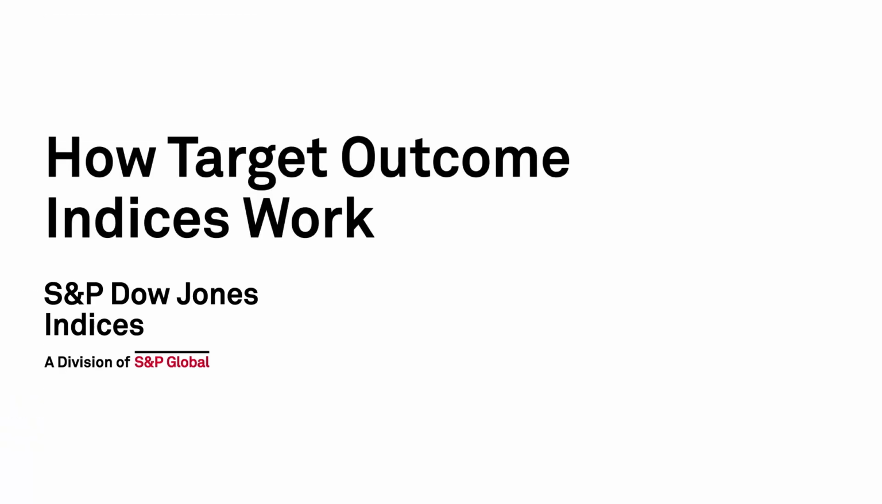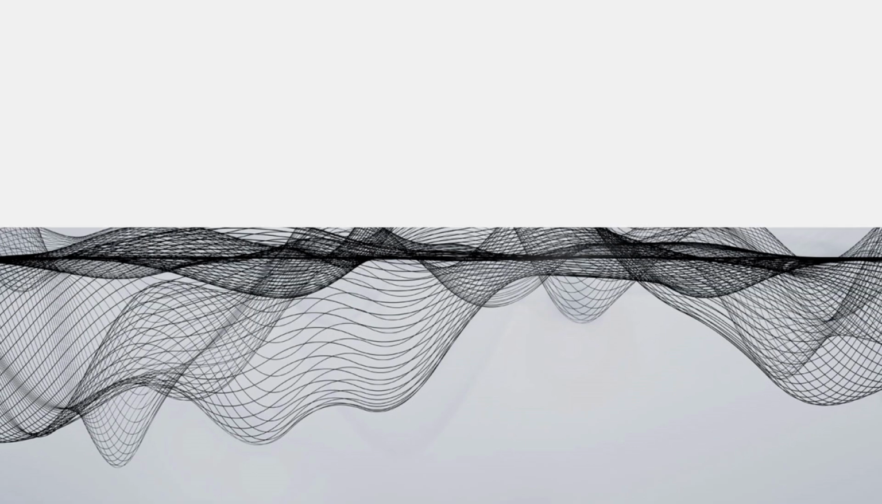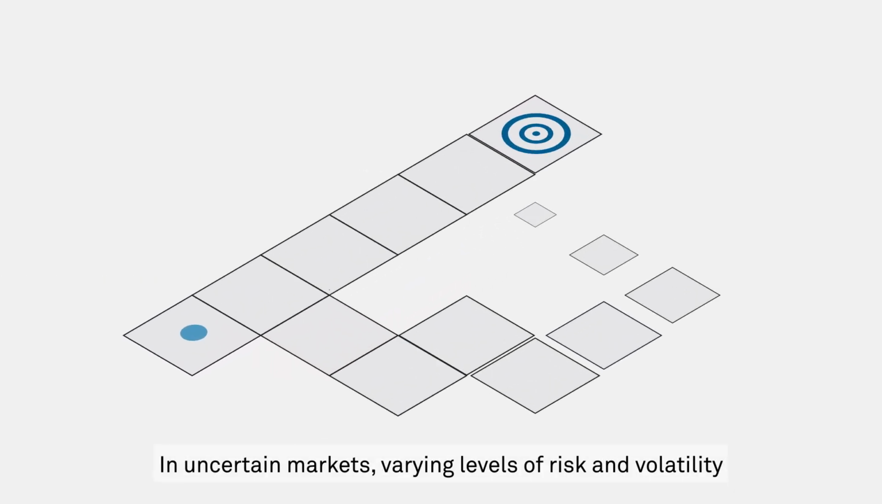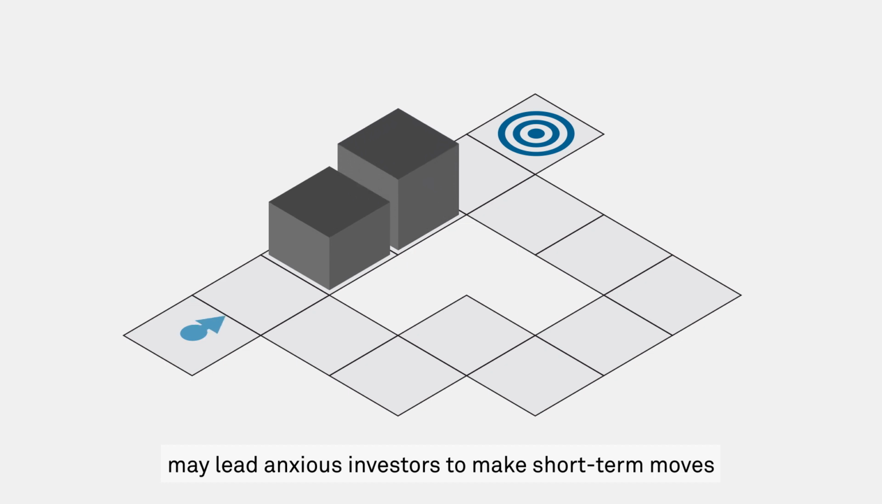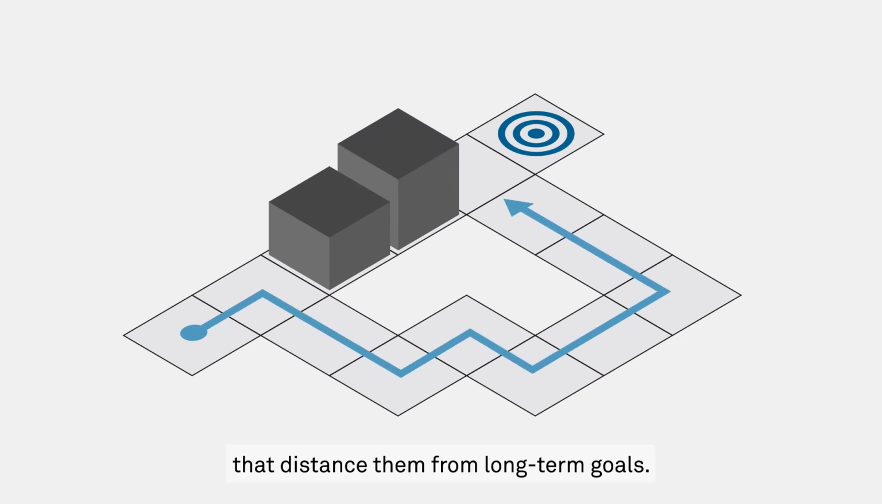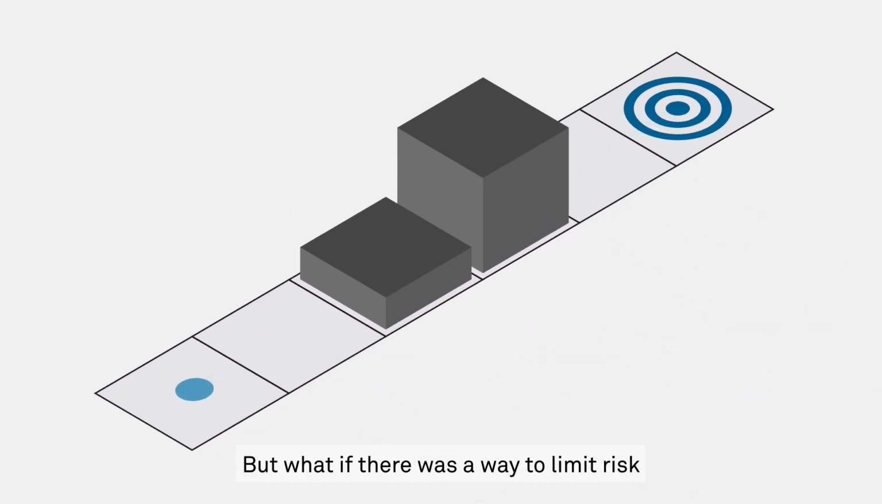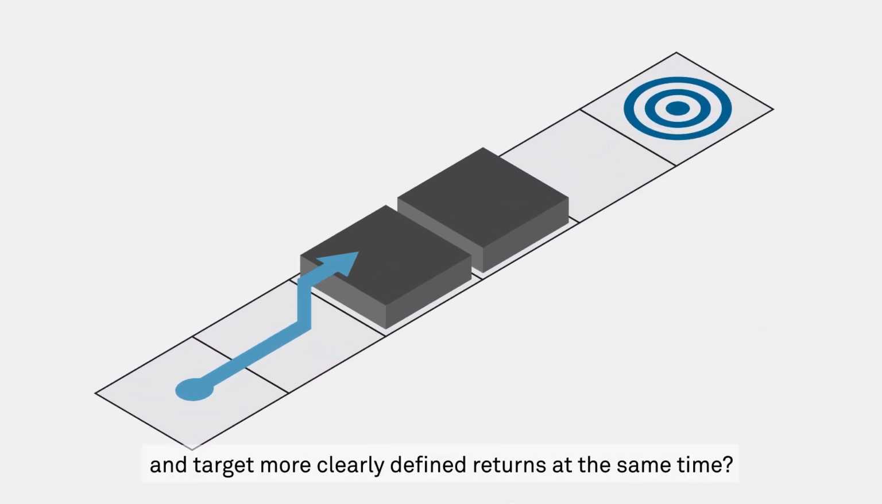How target outcome indices work. In uncertain markets, varying levels of risk and volatility may lead anxious investors to make short-term moves that distance them from long-term goals. But what if there was a way to limit risk and target more clearly defined returns at